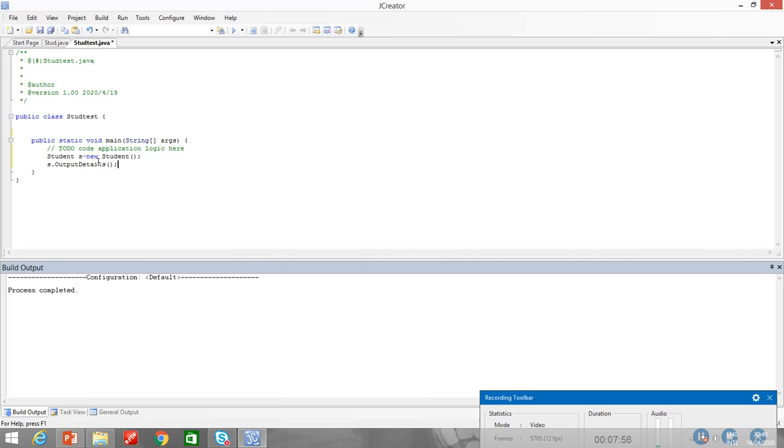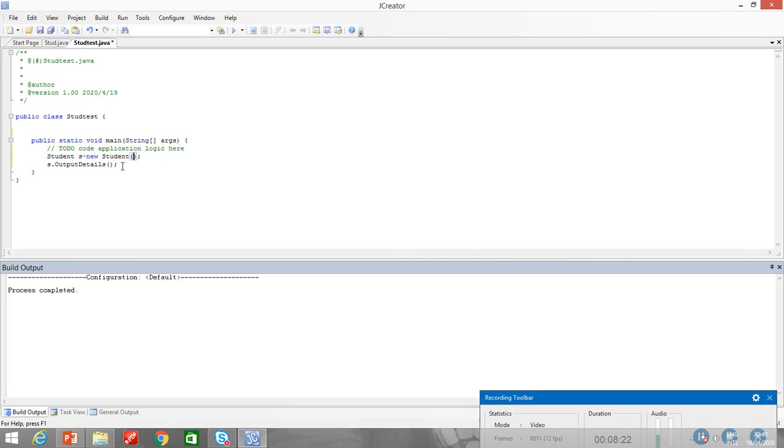Now when this object is created, the value of the instance variables are automatically initialized to their default values. So the purpose of this constructor is to initialize the object when it is first created. It enables an object to initialize itself when it is created.